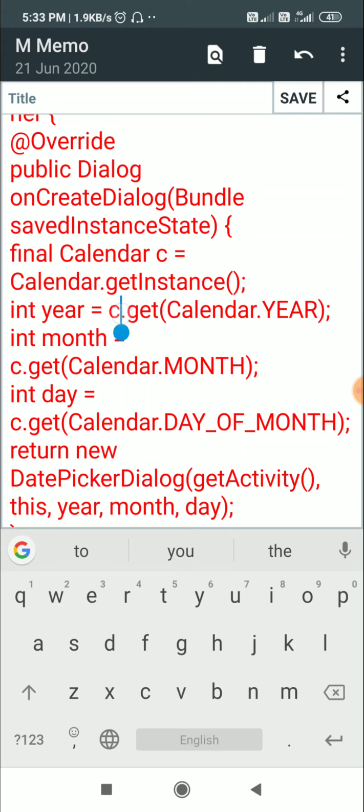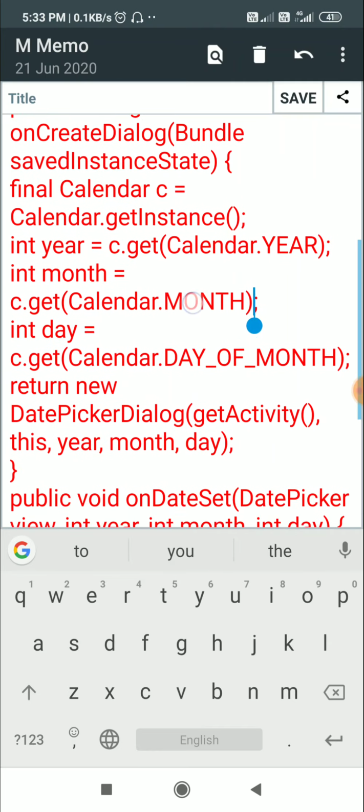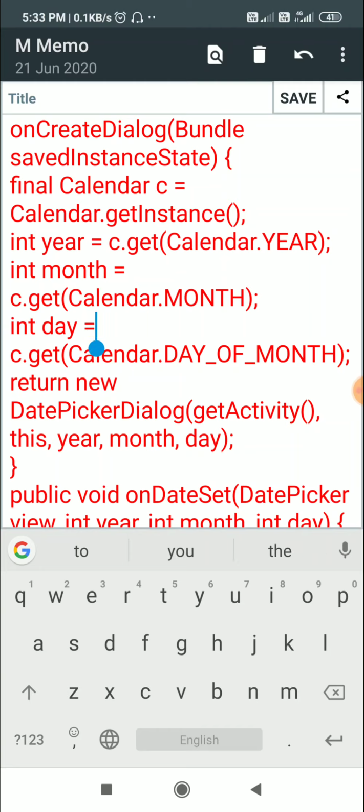From this calendar c I get the current year, c.get(Calendar.YEAR), and this is set as an int year. Then similarly int month is equal to c.get(Calendar.MONTH). This will be the month of calendar, and int day is equal to c.get(Calendar.DAY_OF_MONTH).